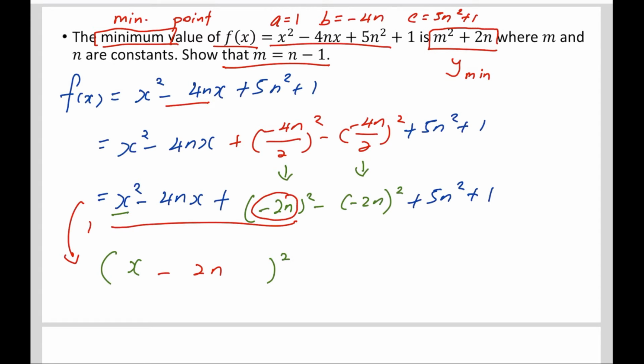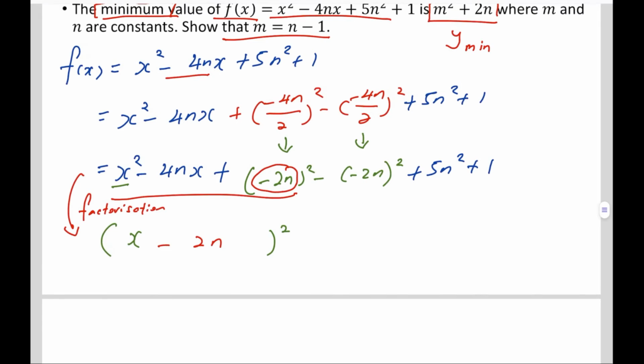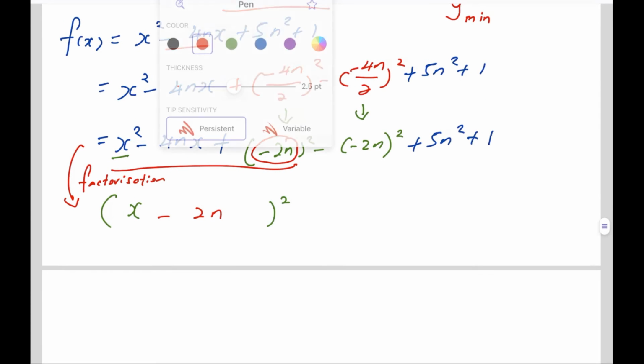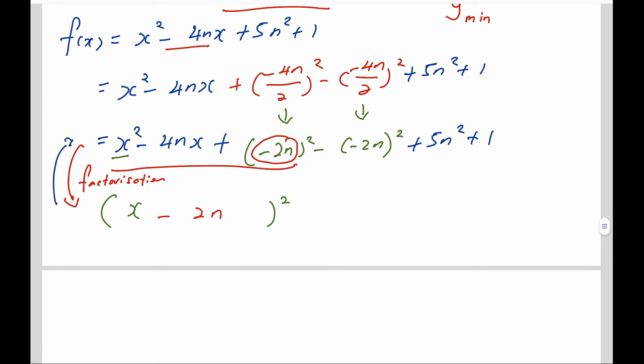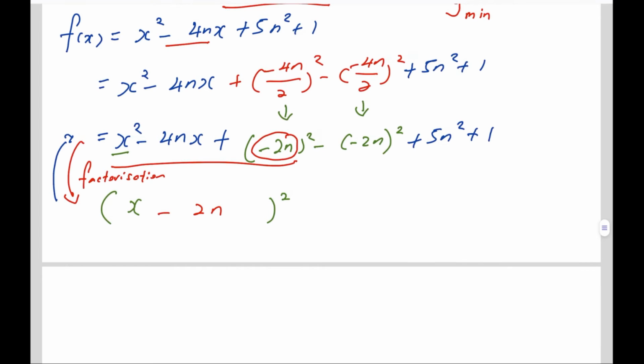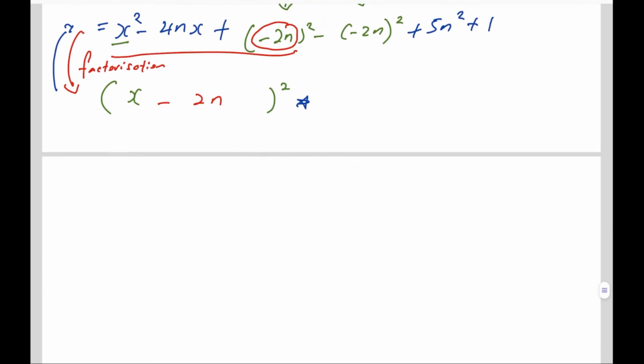This is a process of factorization. And how do I know about it? I can show you this. What is the opposite process of factorization? The reverse process is called expansion, yes. I'm going to show you these expansions. Let's say this is what I have. When I expand it,